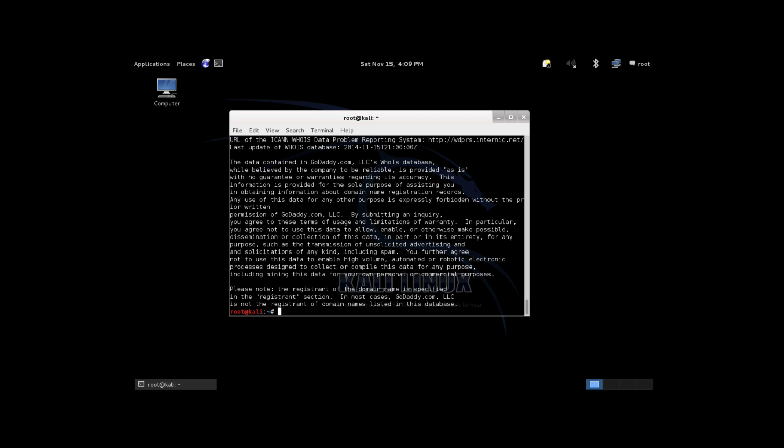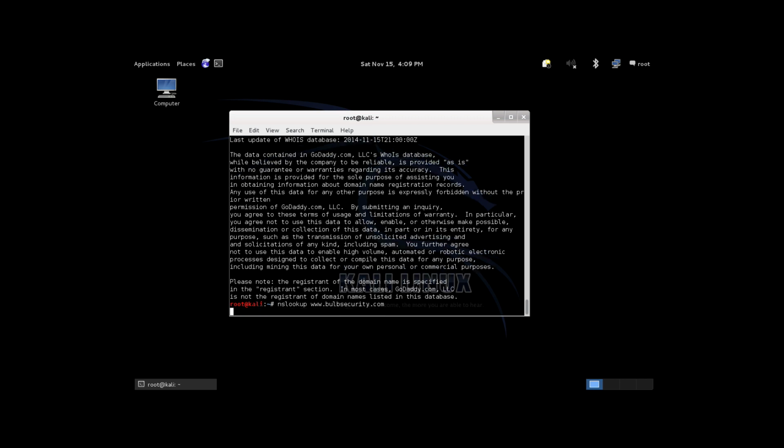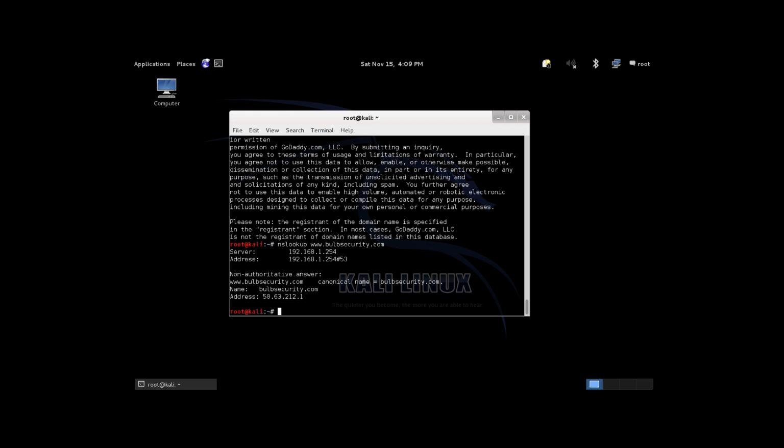So there's a few different tools built in for DNS lookups. Like there's dig, there's nslookup, the host command can do it all too. So let's start with nslookup. If you have one that you'd rather use, by all means, just use that. But if I did an nslookup on bulbsecurity.com, it would give me the IP address of www.bulbsecurity.com rather. So there's its IP address. I do use shared hosting, so that's also the IP address for several other hosts as well, as we'll see